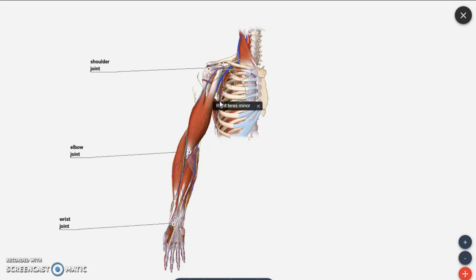So these are the three regions we have to remember. One is the arm region, one is the forearm, and then we have the hand as a distal part. Always remember, near to the body we call it the proximal part, and away from the body we call it the distal part. And all the positions you must remember. This we call the anatomical position of the human body.